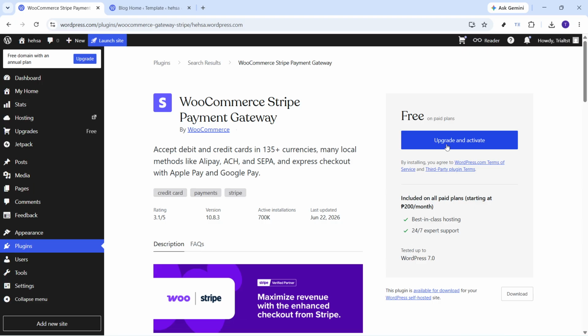In that case, click Upgrade and Activate. This means your current WordPress.com plan needs to be upgraded before the plugin can be used. Once that's done, you'll be able to continue with the plugin activation process and move toward connecting Stripe to your website. As a quick tip, always double check that you're installing the official WooCommerce Stripe Payment Gateway plugin so you